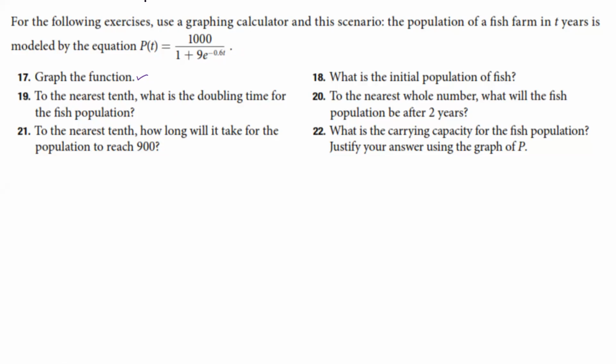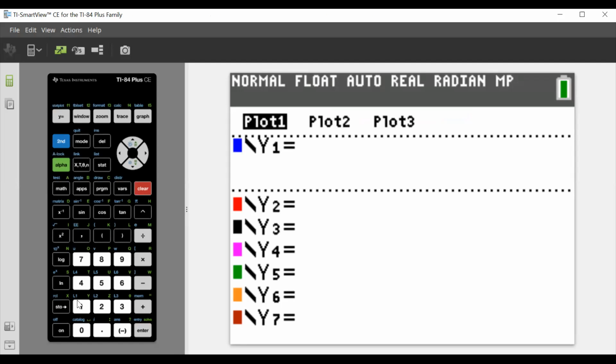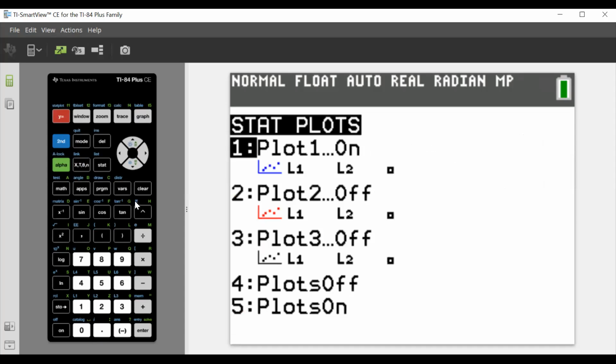Okay, well, we know how to do that. We plug that in our calculator and it'll do it nicely for us. We don't have to do too much. And so that's from our last one. So this is going to be 1,000 divided by this quantity 1 plus 9e to the negative 0.6x, arrow down, parenthesis, and all right, so what we have to do now is we have to turn off